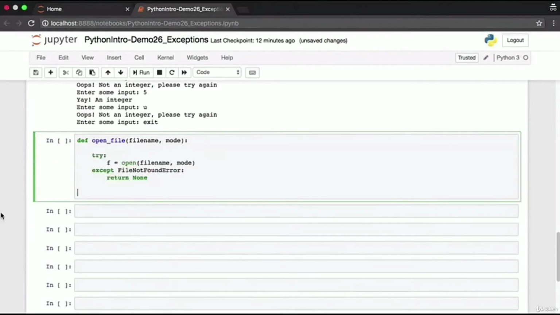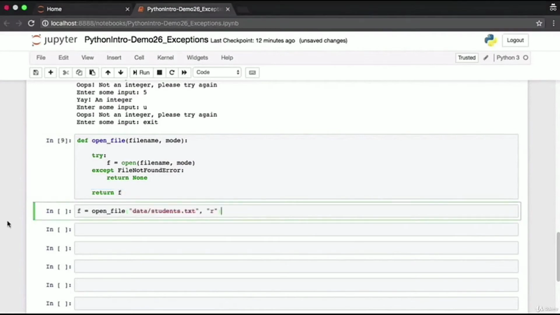Now, you know from working with files that the statement which causes the error to be thrown is the open statement, the open built-in function. So you have to make sure that you invoke the open function within the try except block. The specific error that is thrown when a file is not found is the FileNotFoundError, which is why the except keyword is followed by FileNotFoundError. That is the exception that we are going to catch here, and we'll return None for the file handle if that's the case. If there was no error, then we move on to the next statement where we return f,